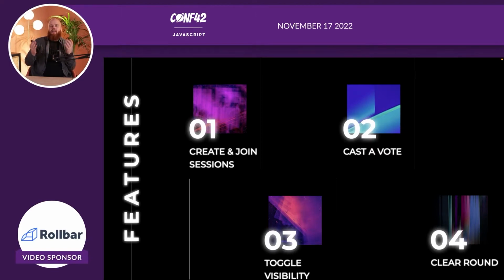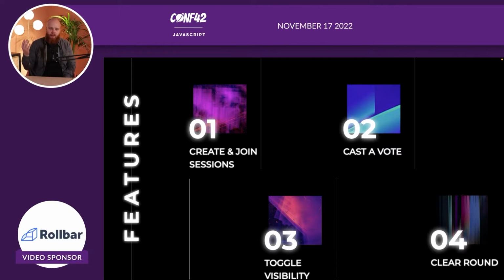So to build something like this, we have a couple of features that we need to support. Firstly, you need to be able to create and join a session. So you need to have some forms where we can start a new session, where we can join one, give your username, etc. Naturally, you need to cast a vote or an effort, depending on how you call it in your team, saying, I think this story is worth 5 points or 8 or whatever.